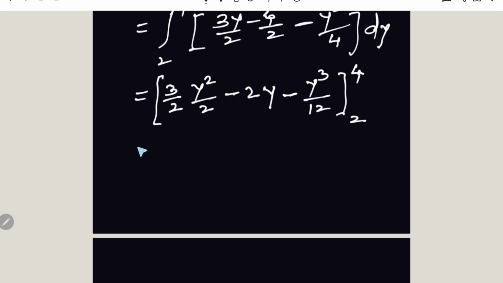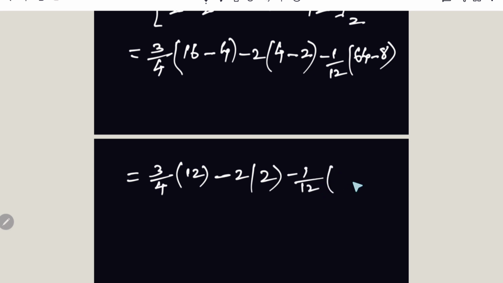Therefore, we get this one as 3 by 4 multiplied by upper limit 4 for y, therefore 4 square is 16, minus lower limit 2 square is 4, therefore 16 minus 4, minus 2 into upper limit for y is 4,